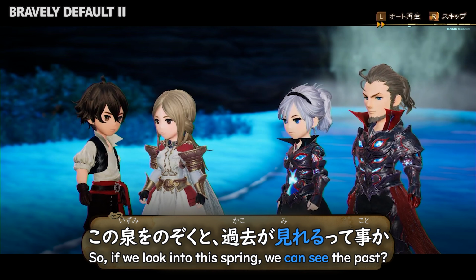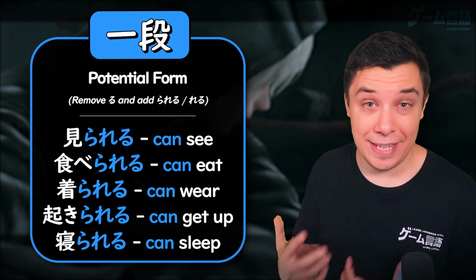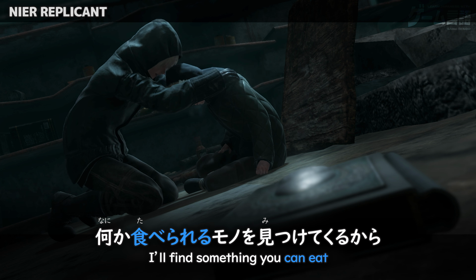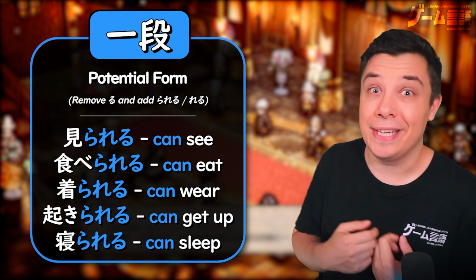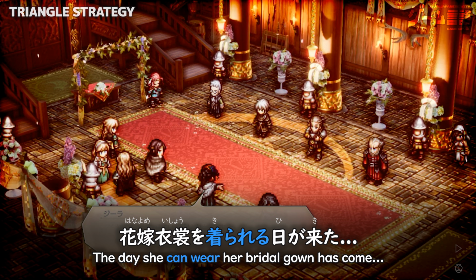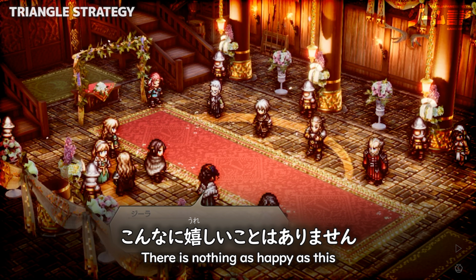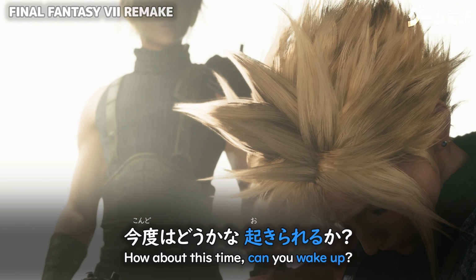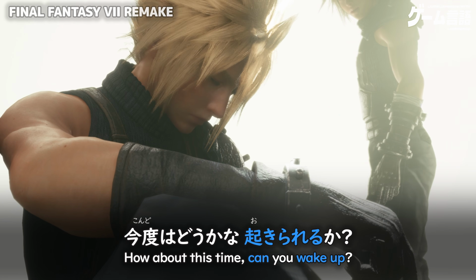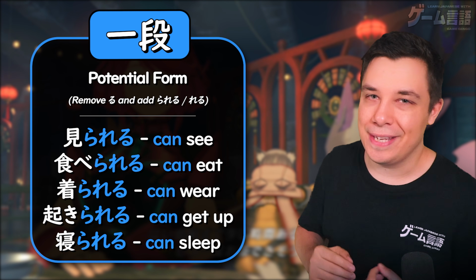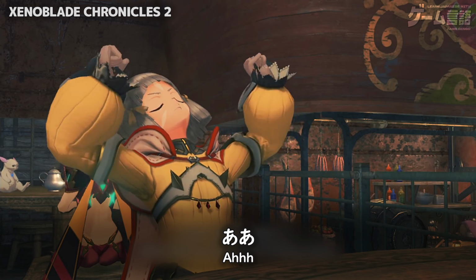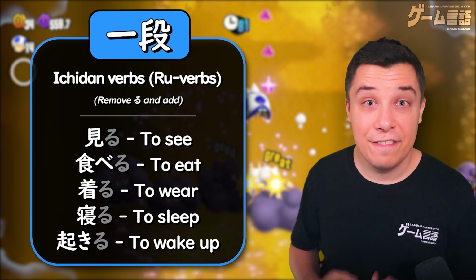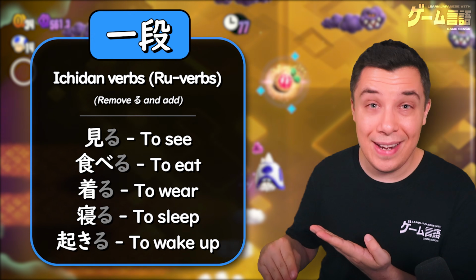この泉を覗くと過去が見れるってことか。 Taberu, to eat, turns into taberareru or tabereru. 待ってろ。何か食べられるものを見つけてくるから。 Kiru, to wear, turns into kirareru or kireru. 花嫁衣装を着られる日が来た。こんなに嬉しいことはありません。 Okiru, to wake up, can be okirareru or okireru. 今度はどうかな起きられるか今度 And neru, to sleep, can be nerareru or nereru. 船旅の後だと宿屋で寝られるのはありがたいよね。